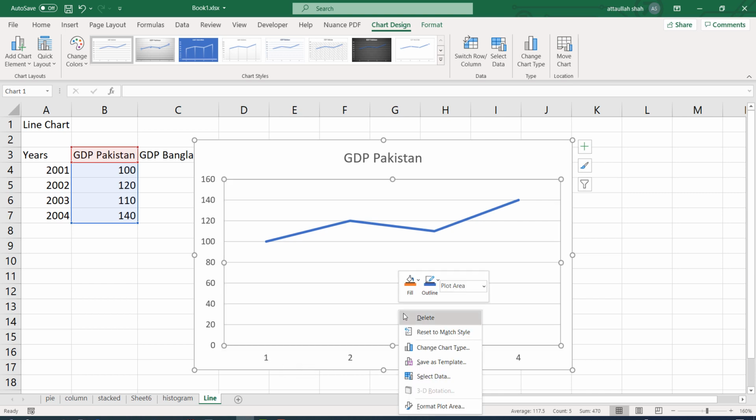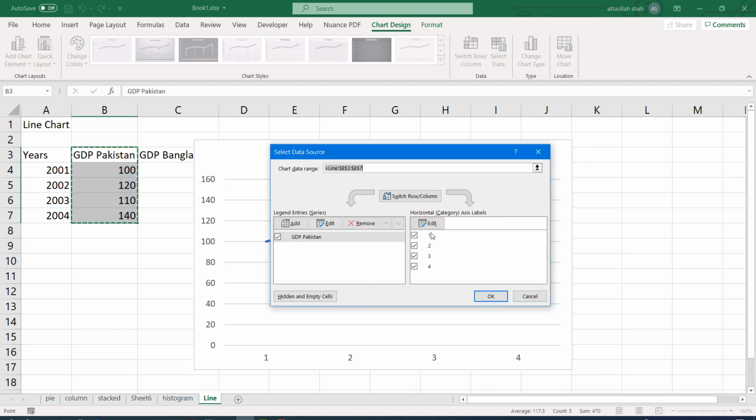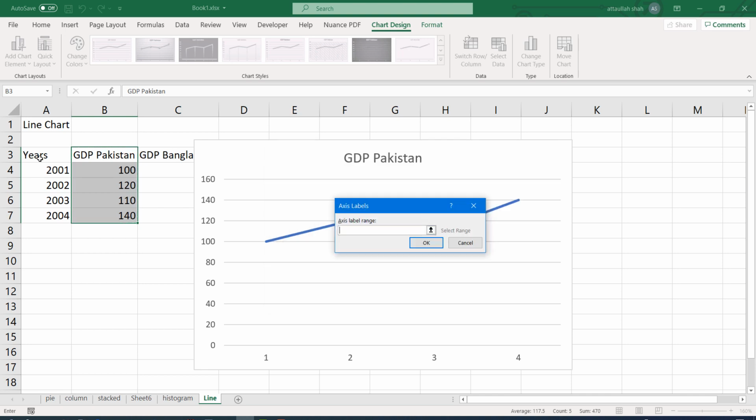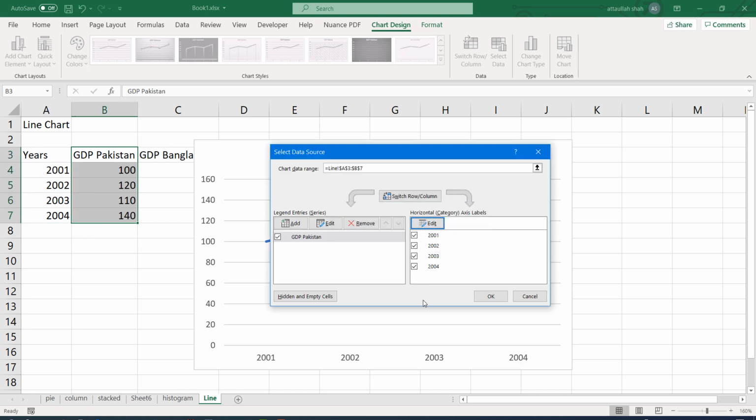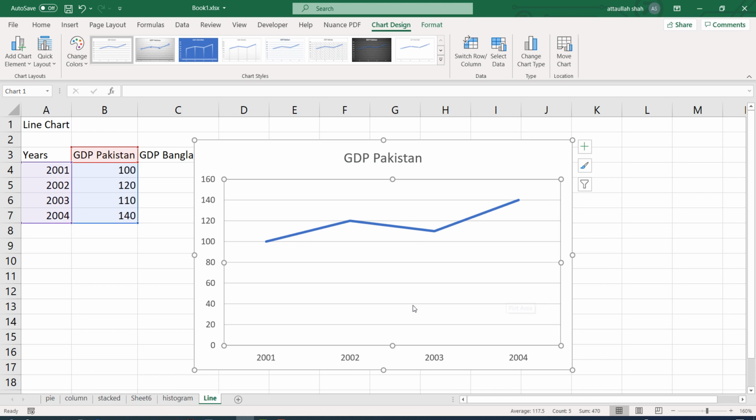Let's change these labels. Right click and select data, and then in the right window, horizontal axis labels, I'm clicking on that and I'll select these labels. So we have a basic line chart. The GDP of Pakistan, as you can see, has some ups and downs, but generally it is going up.